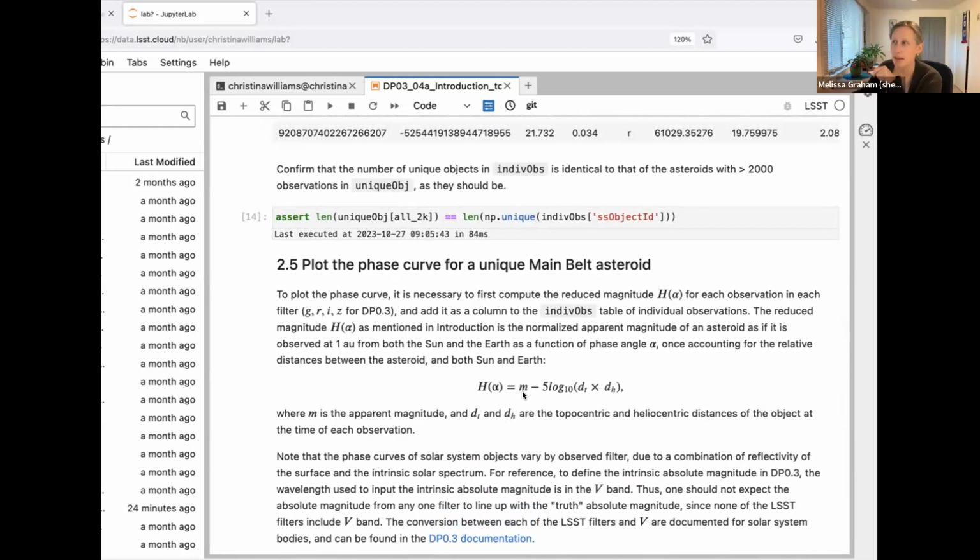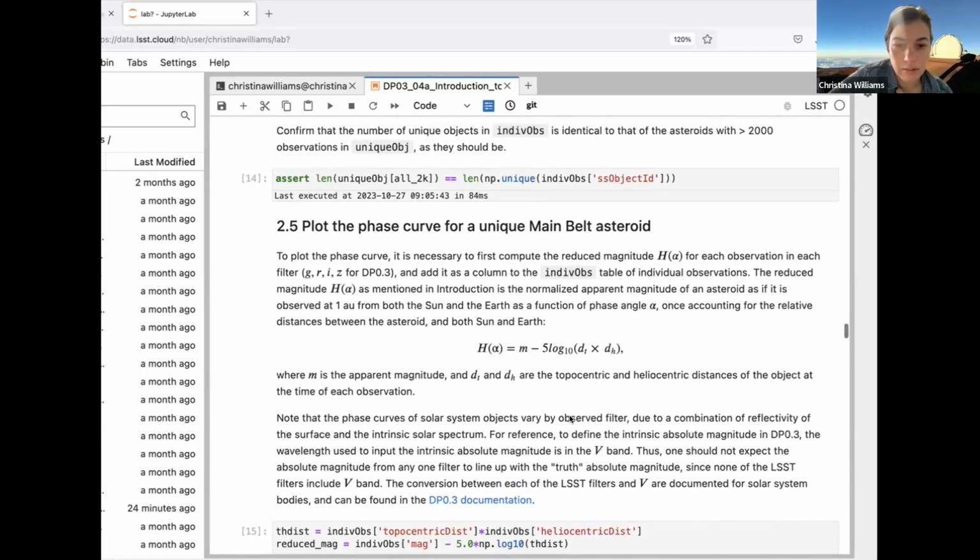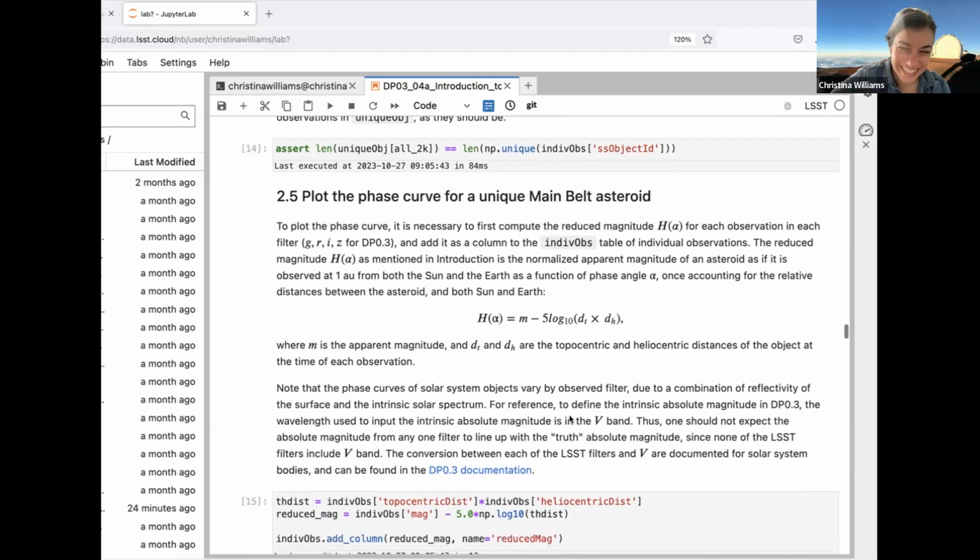I think it's because here it's using H to express a variable as a function of alpha, but H is always a constant. It's always evaluated at a phase of 0. Oh, I see. Okay, yeah, I think that's what the comment is referring to. Well, we can fix that in the notebook. Sorry about that.